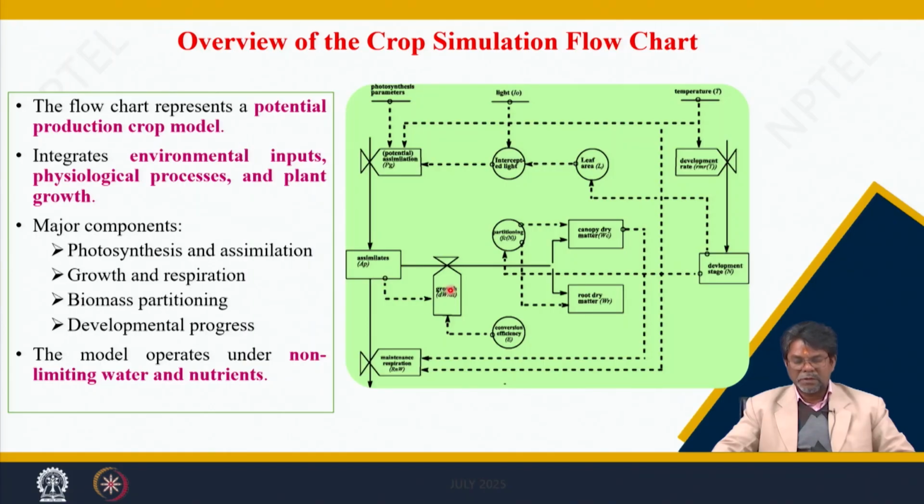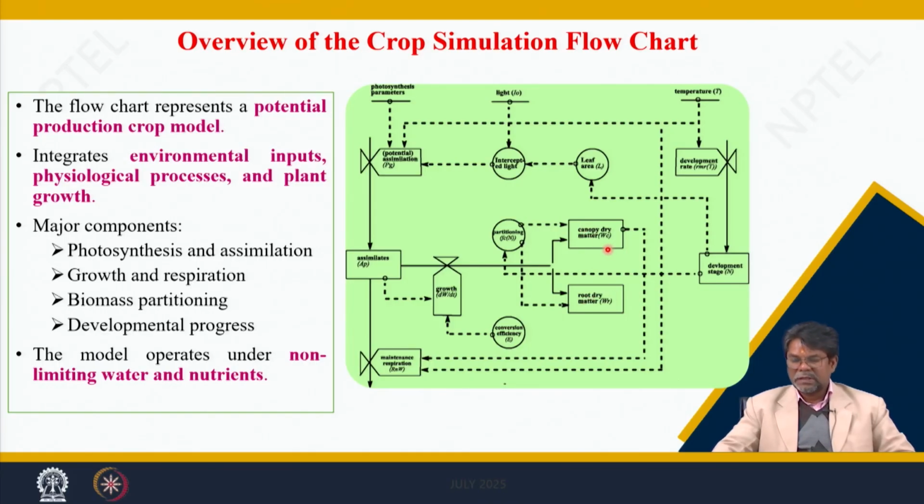So, this is converted to dry weight growth rate through conversion efficiency. Based upon the potential assimilates, there is a conversion to dry biomass. How much carbohydrate is converted to dry weight is the conversion efficiency, and it is immediately converted to dry weight as root tissue, dry tissue. So, we do not consider this as a state variable, because this is a temporary one. For understanding, the assimilate is converted to dry weight, and this is partitioned, ultimately to the canopy and the root. These are the state variables.